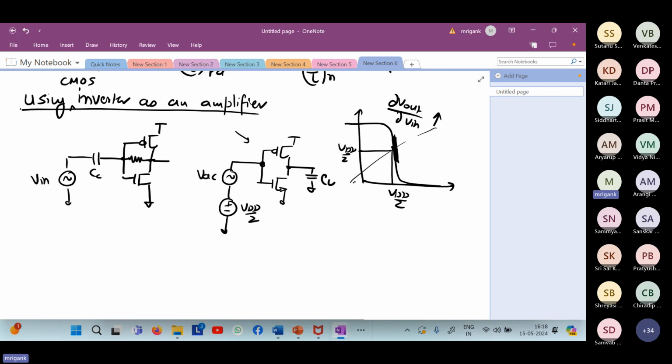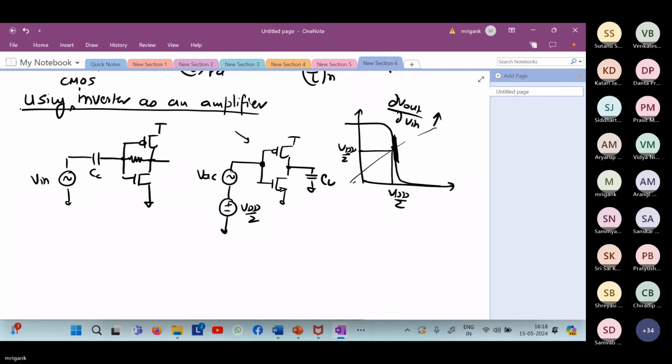VT is the same for both of them. Mod VTN are the same, and they are fixed values. But in general, those values will vary significantly. So if the threshold voltage from device to device is varying, lambda values are varying, even if you set the device ratio equal to the mu ratio from the equation, if the VT changes, then the trip point will change.